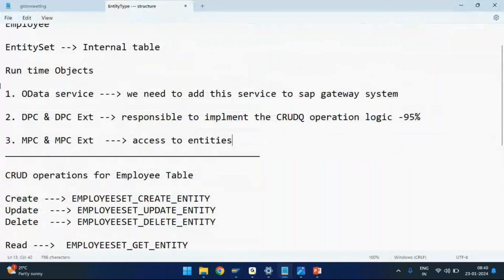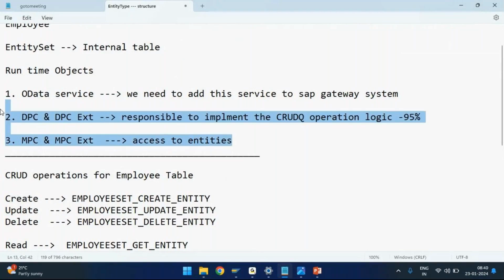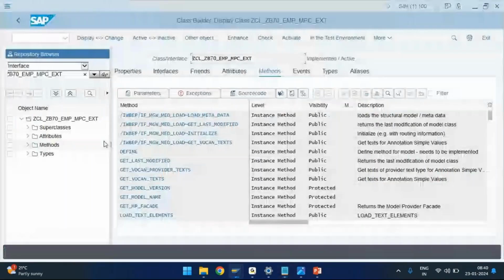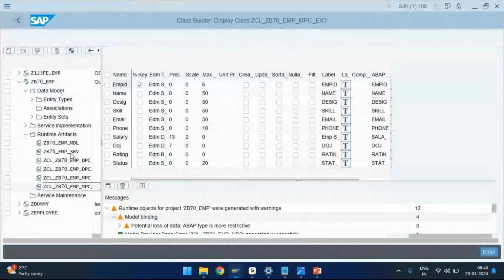So as a part of the runtime objects, we got three. One is the OData service. Second one, DPC and DPC extension. Third one, MPC and MPC extension. All right. So now the next thing you need to do is, once your OData service also gets generated,